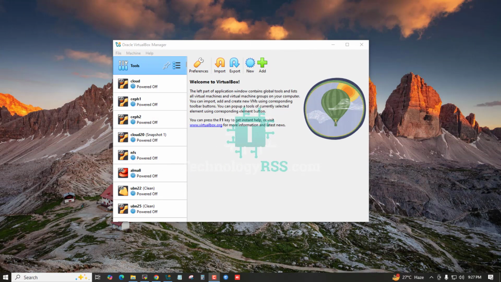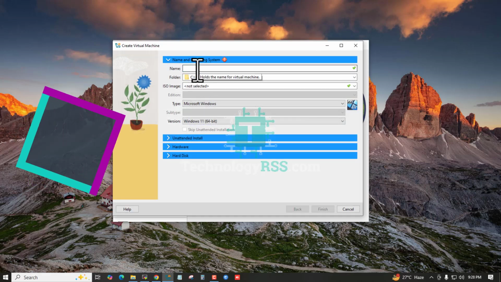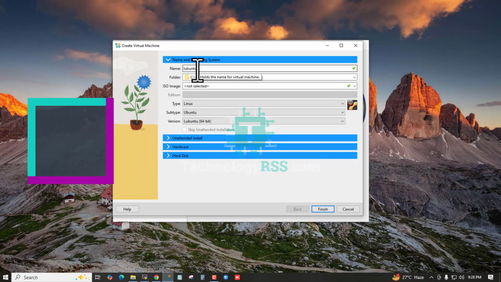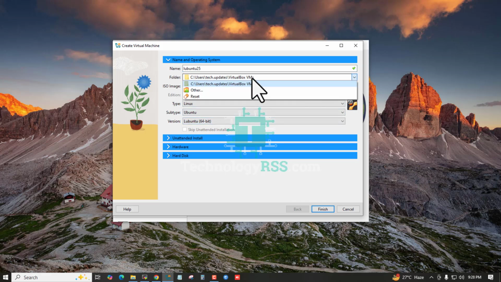Hello, in this tutorial, how to install Lubuntu 25.04 server using Oracle VM VirtualBox. Lubuntu 25.04. Type Linux, subtype Ubuntu, automatically detected. Lubuntu automatically detected. Now